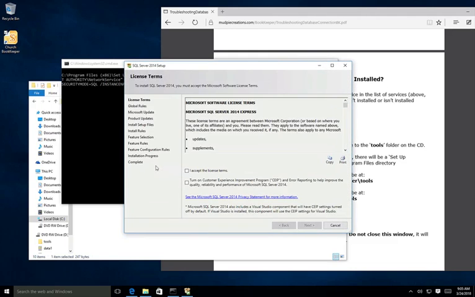Okay, now that the files have extracted, the SQL Server install wizard will be displayed. So this very first license screen, you're going to check the I accept the license terms box. And this is going to be the only thing that you check or change during the install. That's very important, that you not make any changes to any of the selections or settings that will already be filled in for you on all the subsequent screens. So press the next button,